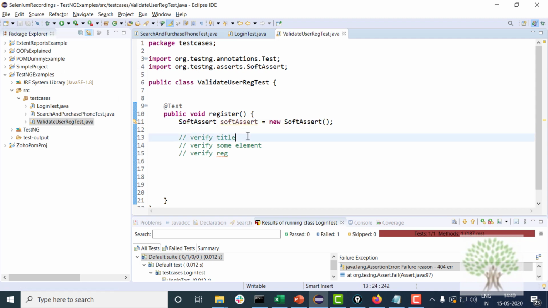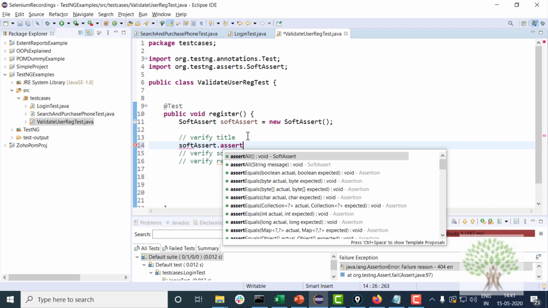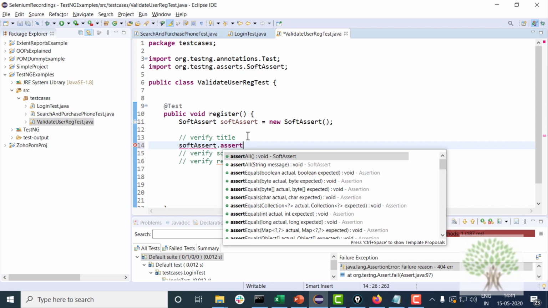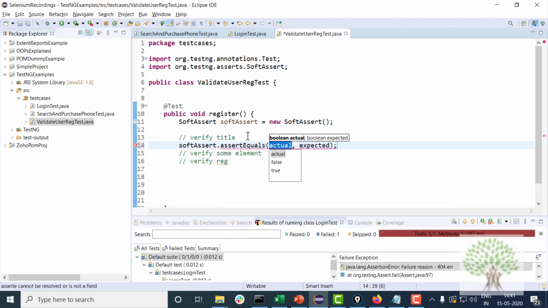For example, if you have to validate the title, you can write soft assert dot assert equals, the functions are the same. You can mention some actual value and some expected value. Actual and expected value are not equal, so this condition is going to fail.